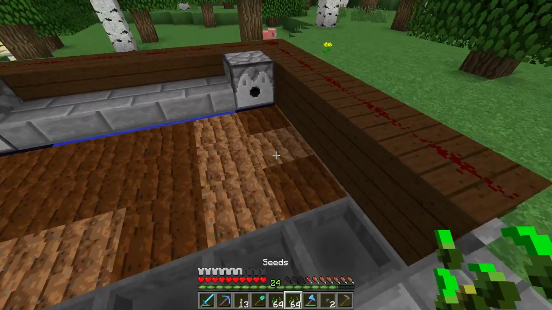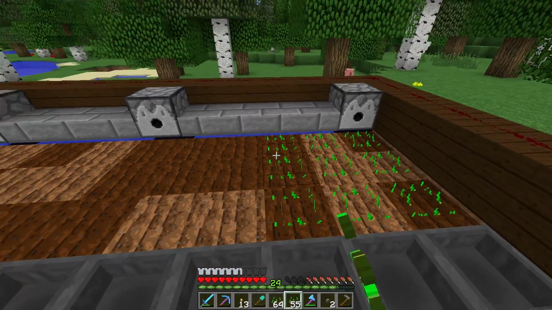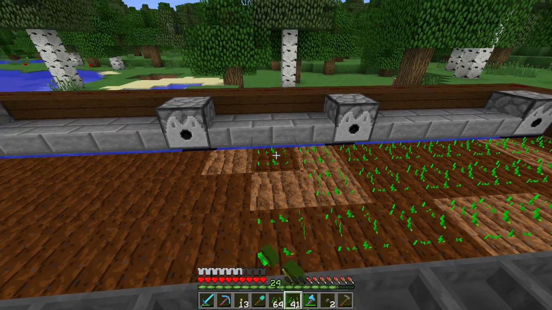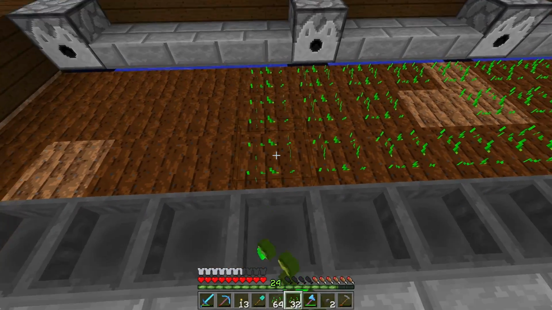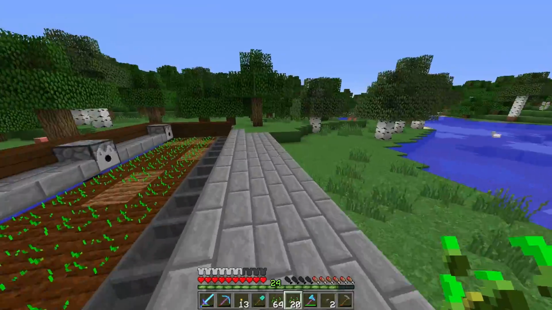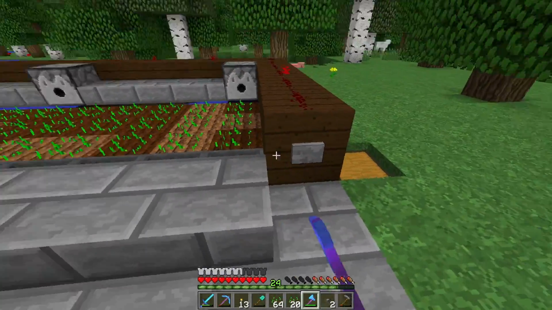And we're going to plant our stuff here, just so that we have a test. It's pretty nice and simple to plant. You just walk along here, plant this, and it's going to use a little more than half a stack of seeds. Here we go. So we started with 2. Then what we do is, when it's done, all the stuff is going to grow. You hit it like that,